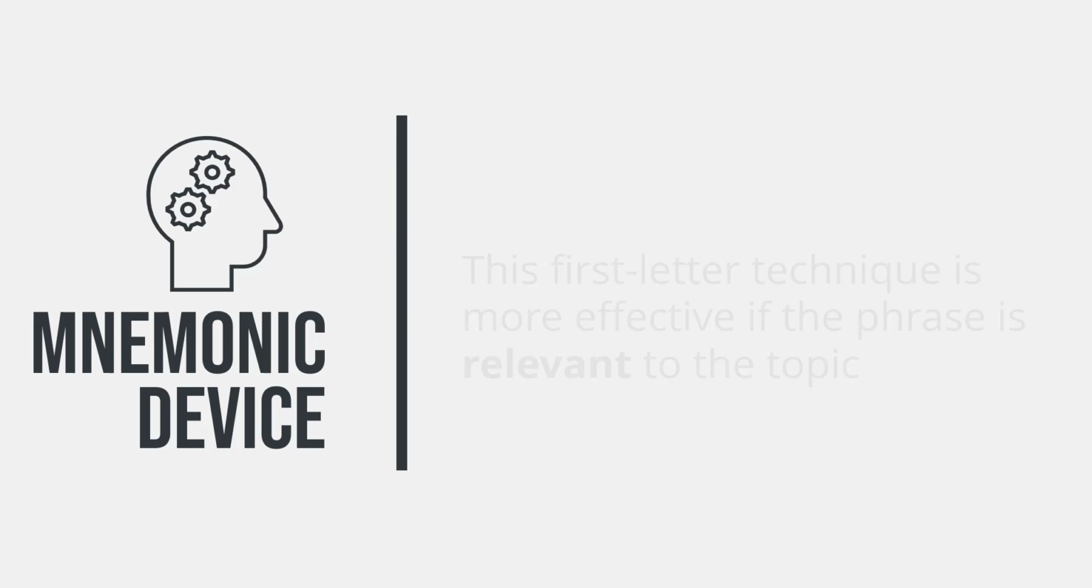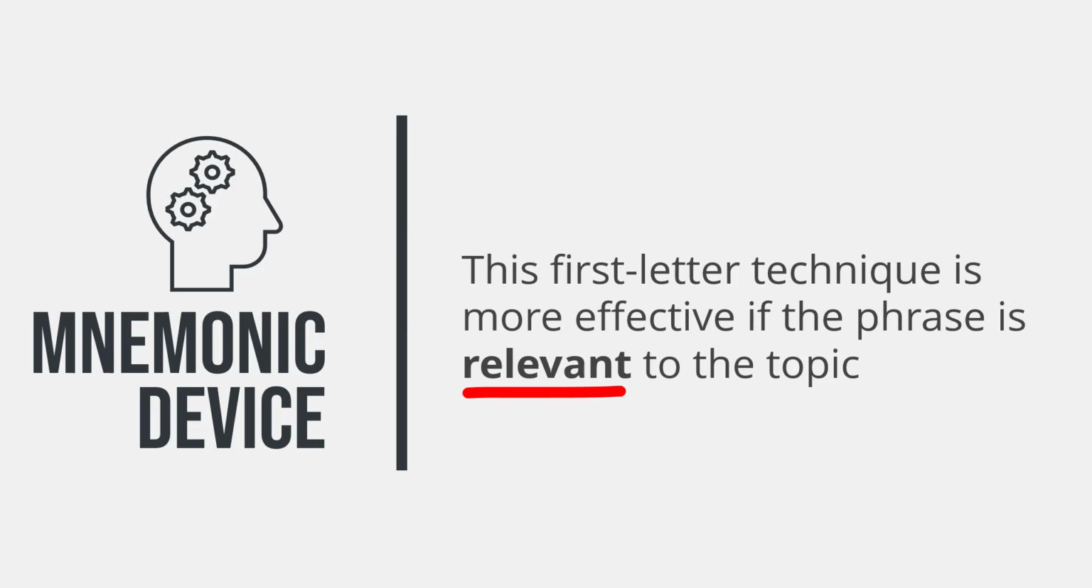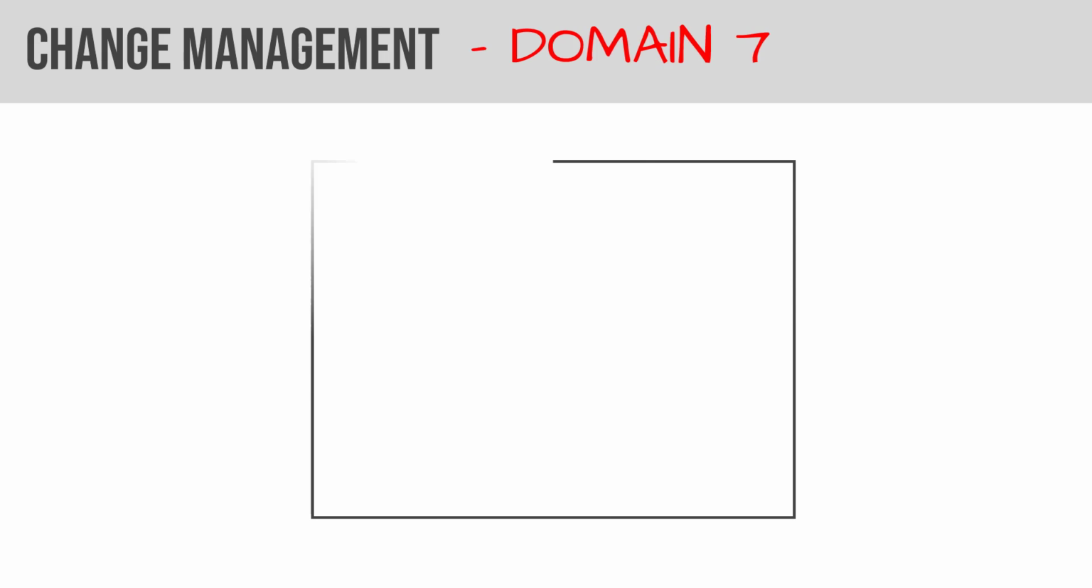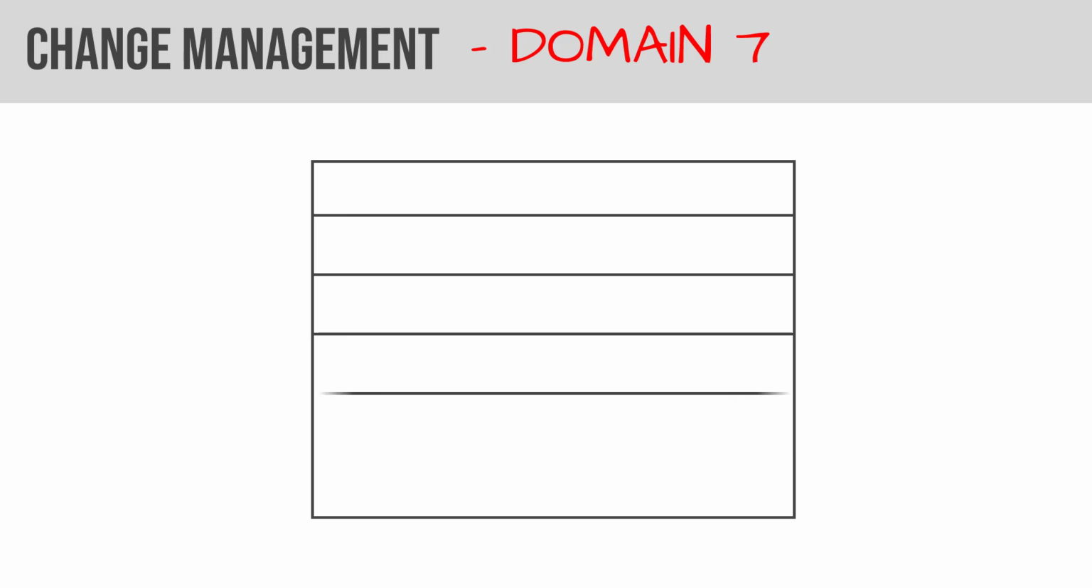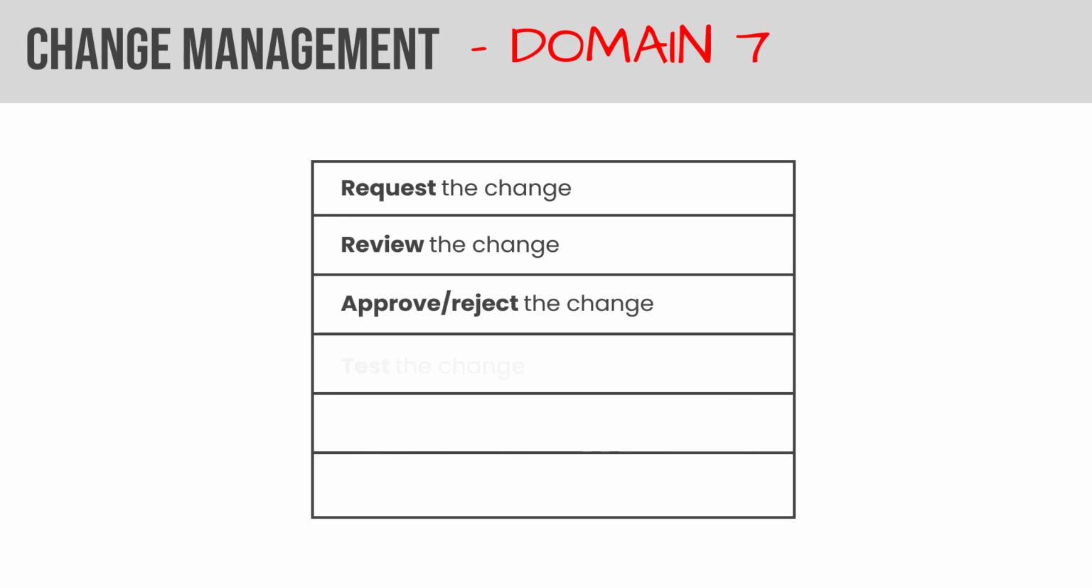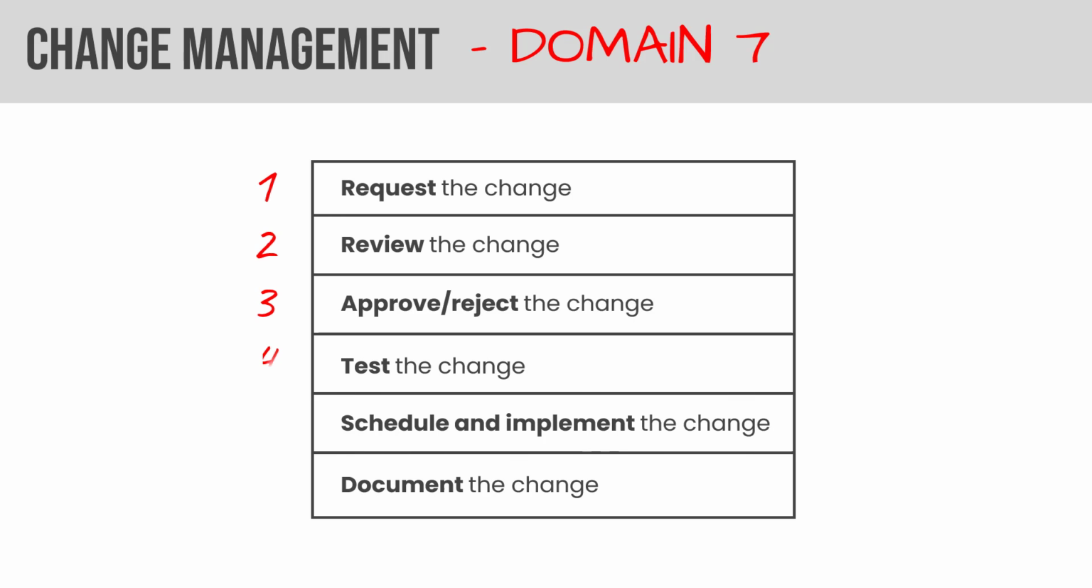So that first letter mnemonic is really powerful. It's better if the phrase is relevant to the topic. So let's tackle another framework you need to remember for the CISSP exam, and that is change management. This also comes up in domain 7. Change management is a 6-step process, which is request the change, review the change, approve or reject, test the change, schedule and implement, and then document. So we have